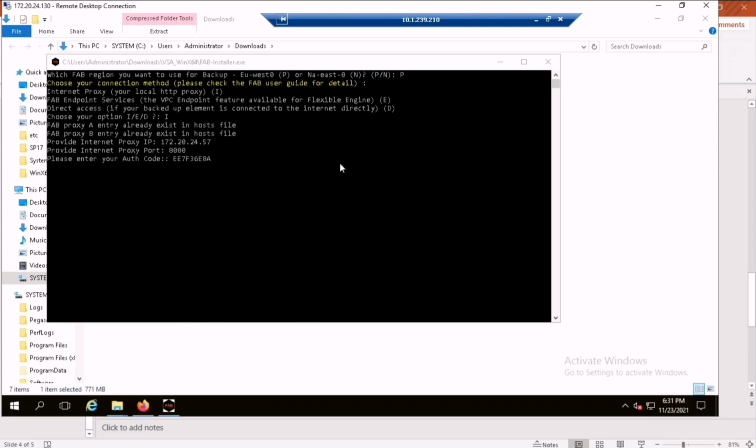So you need to wait for a couple of seconds. Now the installation is completed. So you can see the message. You need to click on any key or just hit enter.